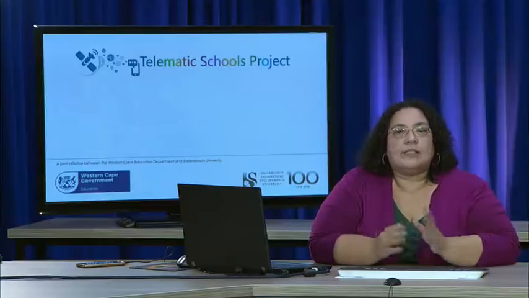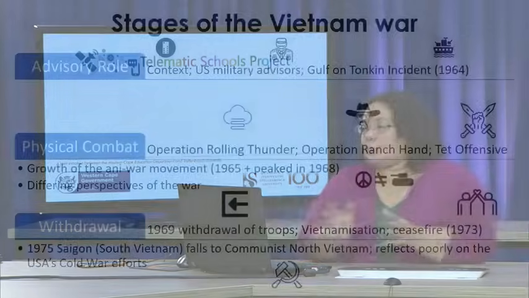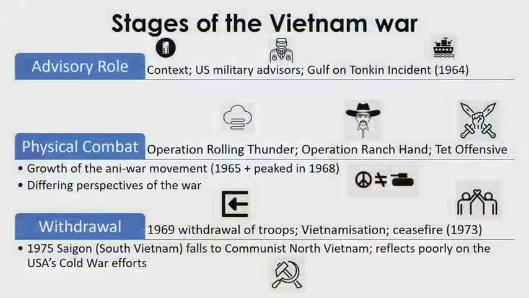All right. Then we said the last phase that you need to look at is the withdrawal phase. So we look at the withdrawal phase. We're going to start it off in 1969, where America, under President Nixon at the time, says that they're going to start with the withdrawal of troops. You need to look at Vietnamization and the policies around that. Right. America says Vietnam needs to be able to stand on their own feet and basically fight off the communists without their intervention. Then you need to look at the period of the ceasefire that happens in 1953.